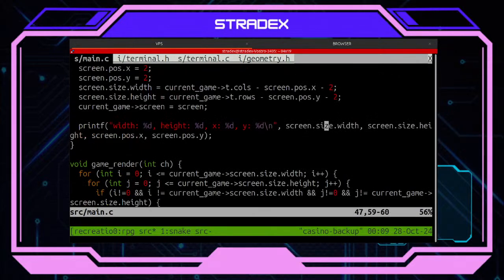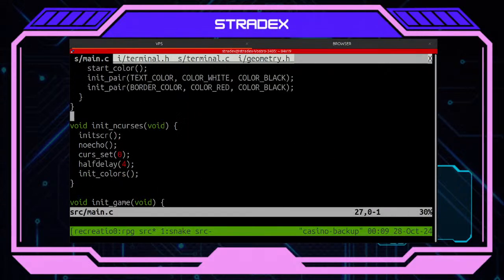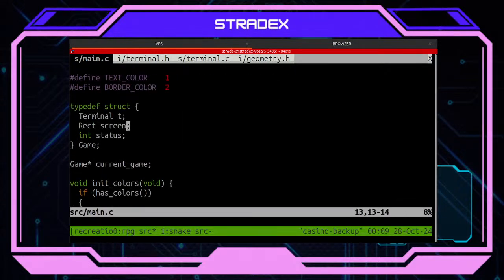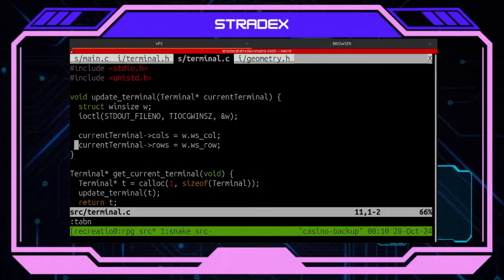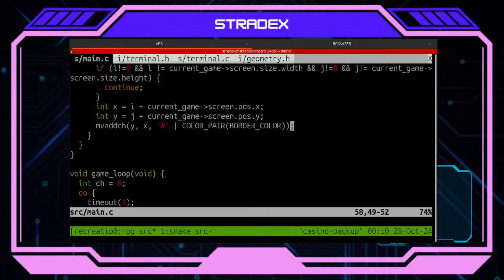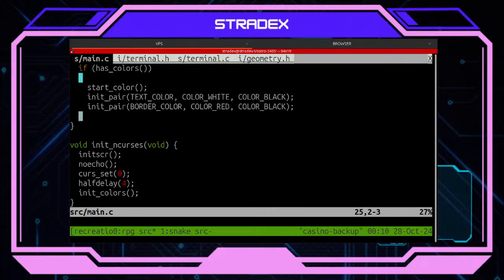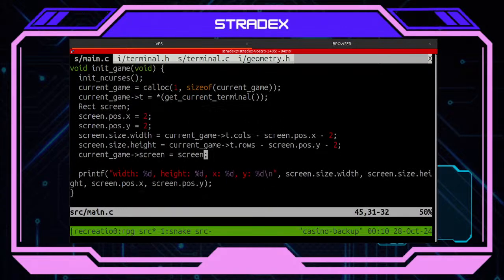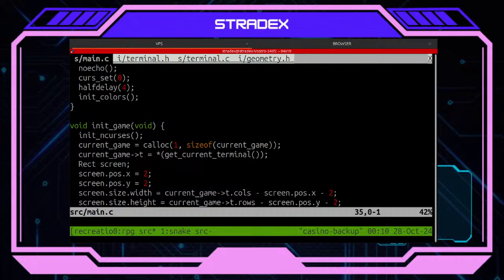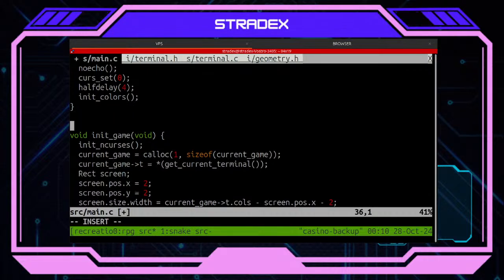Now what I want to try is that I should be reloading my current game size with the function update terminal, and I actually want some sort of update game size or refresh size. Let's create a function here actually.